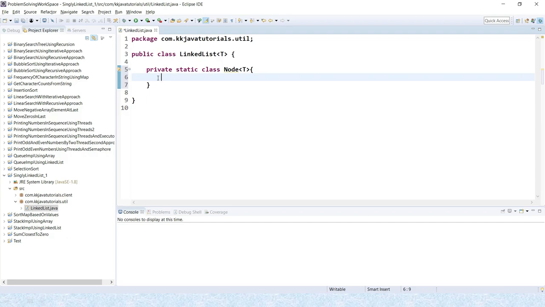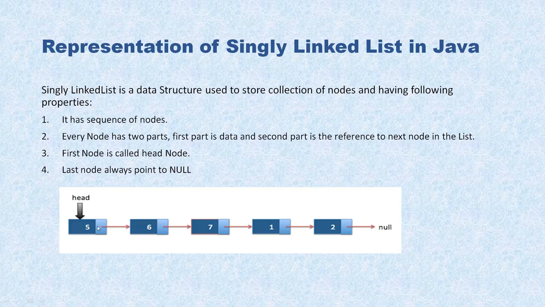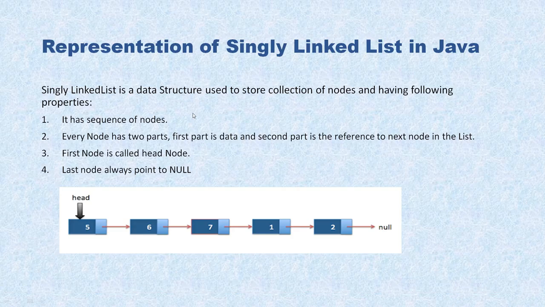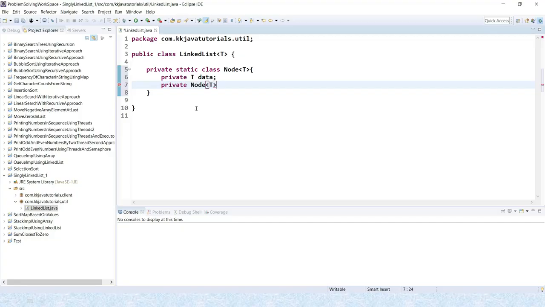This node always contains two parts: one is the data part and the second is the reference. So I'm going to declare two variables. First is data, where I'm declaring a generic data type, and second is the Node itself, which always points to the next node. Let's name it next.